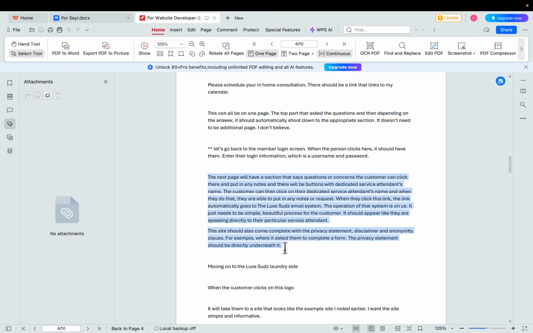Sure. When the member logs into the site with their username and password, I want them to come to a page where we'll have a picture of the attendant. They can click on their attendant's name, and from there a form will come up and they can just type in information. I just want them to be able to communicate. It's going to come to us as an email, but they can type in, "Hi, I would like service at 8 a.m." or "I'm sleeping in tomorrow. Please don't arrive until 10."